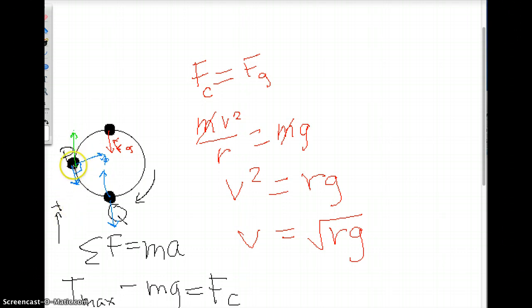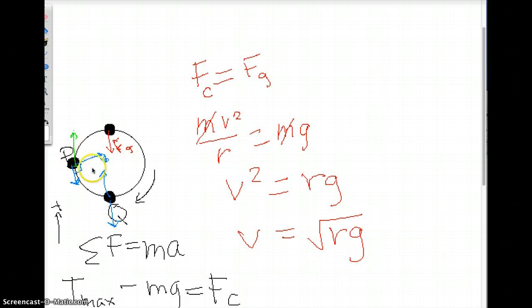And at this point, when it's attached to the string, it has tension applying a force to the ball that's causing it to go this way. If it weren't for that tension force, its velocity would stay the same. Acceleration is a change in velocity, and forces cause things to accelerate. We know that from Newton's second law, F equals ma. If there's no force, there's no acceleration. If there's no net force, there's no acceleration. So the net force, being the centripetal force in this case,